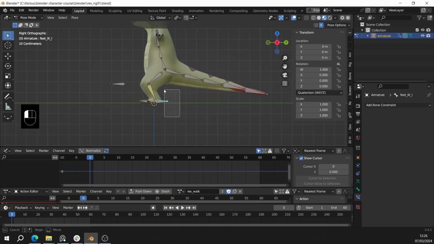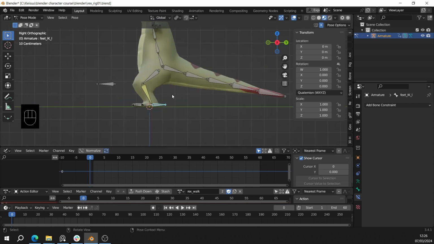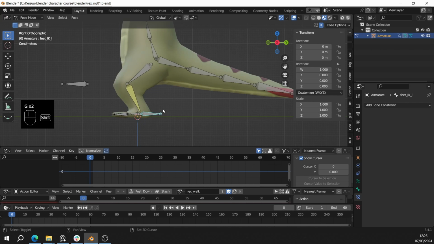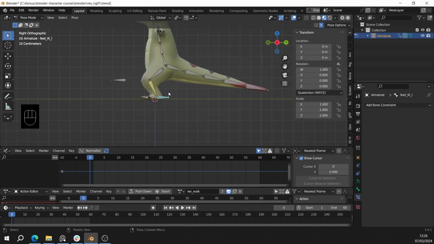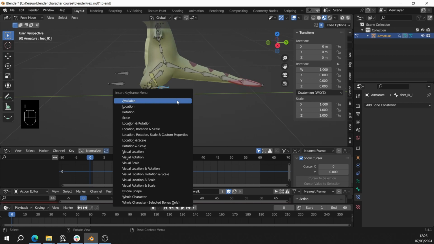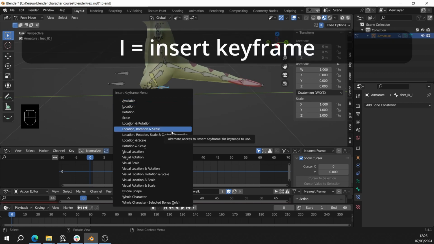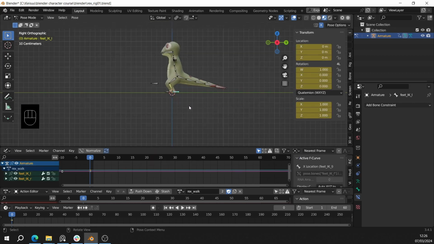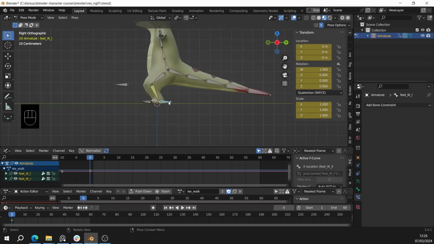Okay, and then we are going to select these two IK control poles and animate our leg like this. Okay, let's see. We are going to add the keyframe at frame 0 with the current position. Select these two IK poles and press I to insert the keyframe, and let's add a location, rotation, and scale keyframe in here, and then we will